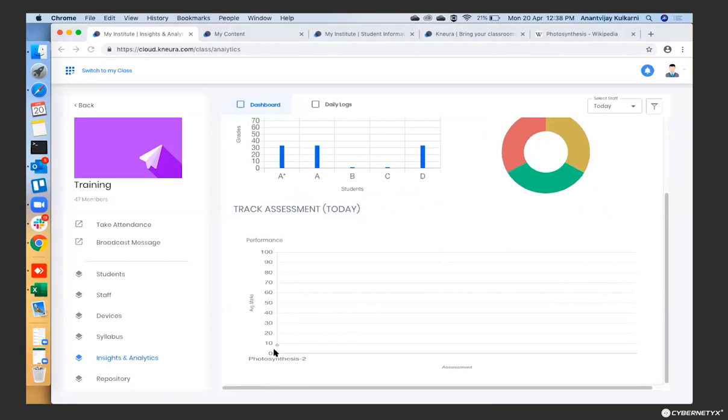Like say for photosynthesis, the assessment, what was the level? So this was 1 dot because one assessment was done. As and when many assessments are given, the score is automatically populated here. So you'll know whether the score is an up curve or a down curve. By this the institute already knows whether the students' progress is going well, instead of waiting for the end of the semester or the end of the class to know whether the performance was good or not. So it can be tracked on a regular, weekly, daily basis on how the students are progressing.